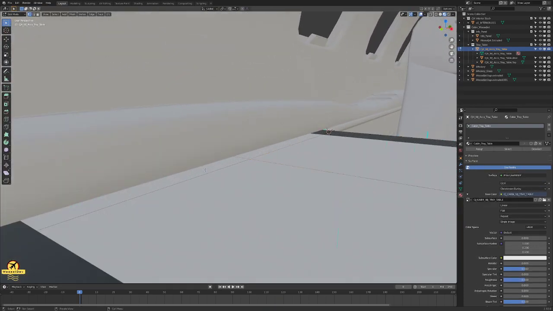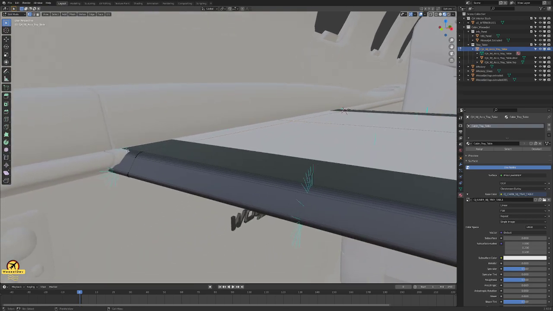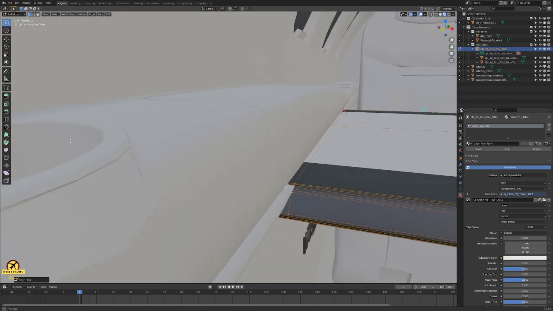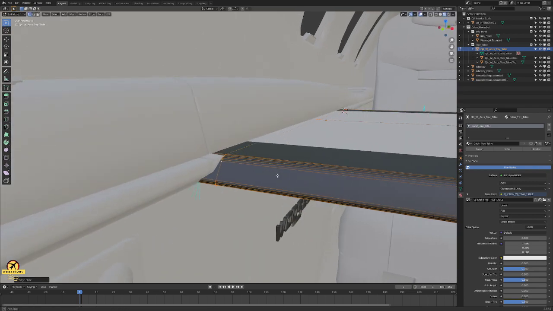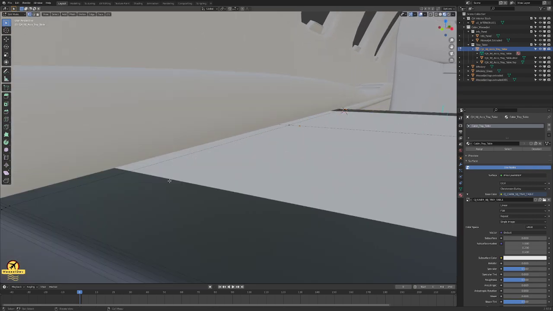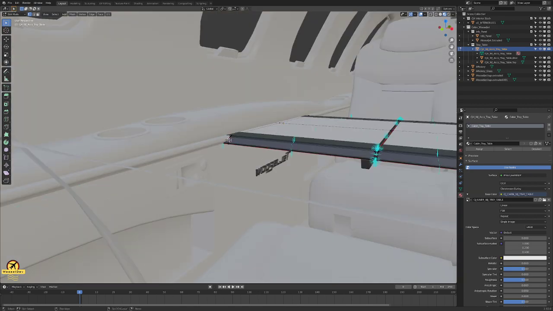Okay, then I would say, as we cannot modify the actual cabin at the moment, my idea would actually be to maybe select this loop here, double G, and then we just move it to this point where it starts to overlap, maybe here, where it starts overlapping, right? And then what we could do though,